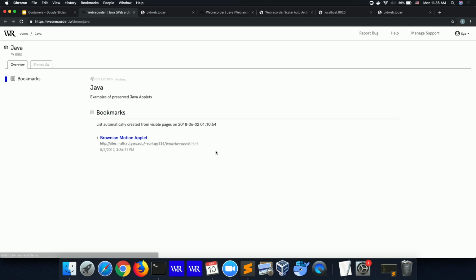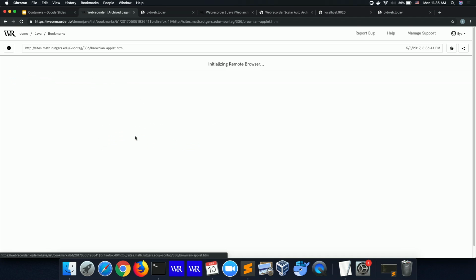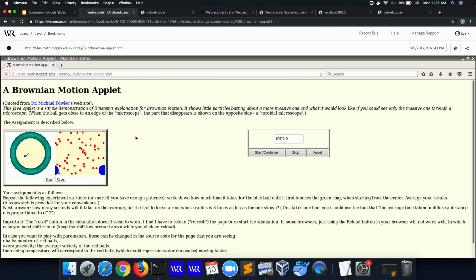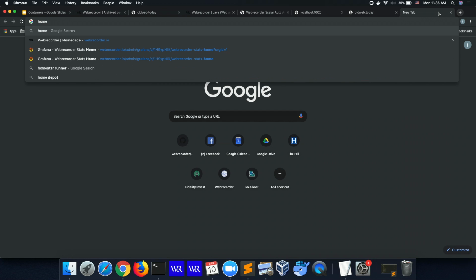I'll do another demo here. I guess this isn't that modern, but this is an older site that has a Java applet. If you browse the site now, of course this Java applet won't work anymore, but it's actually still possible to run sites that have Java applets on them. And another example that you might remember is, for example, if we go to,